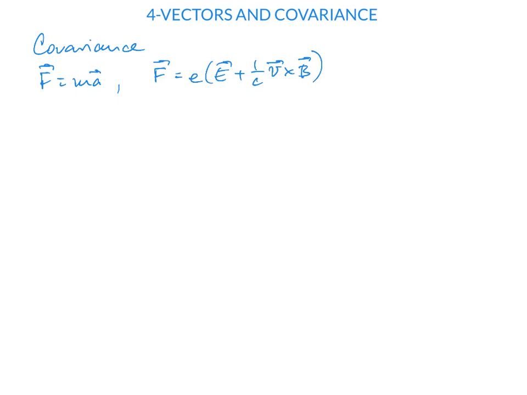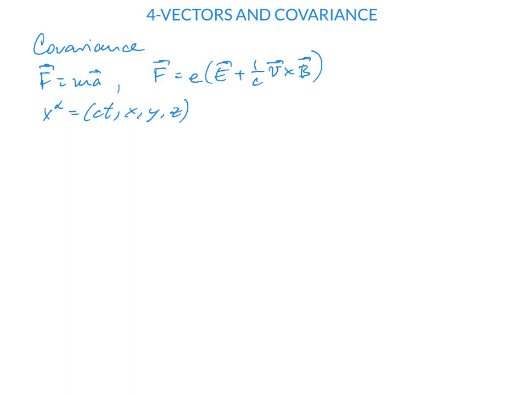So we should seek frame-independent ways of writing dynamical equations for processes, for interactions and motions in special relativity. So this is why we want to use 4-vectors, like the x alpha that we introduced earlier, so like ct, x, y, and z,